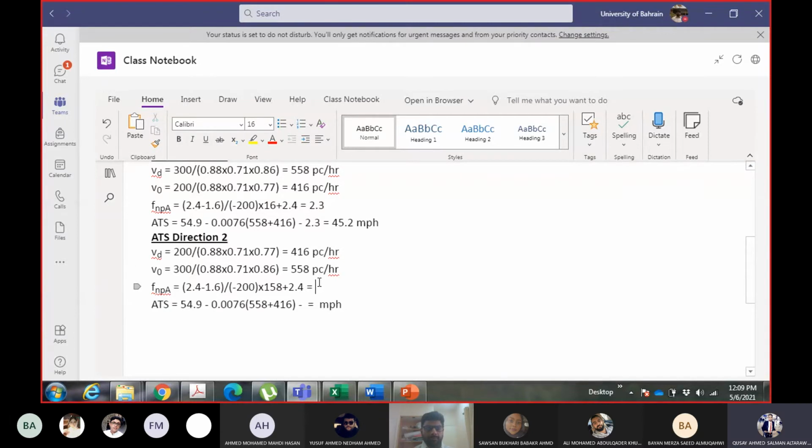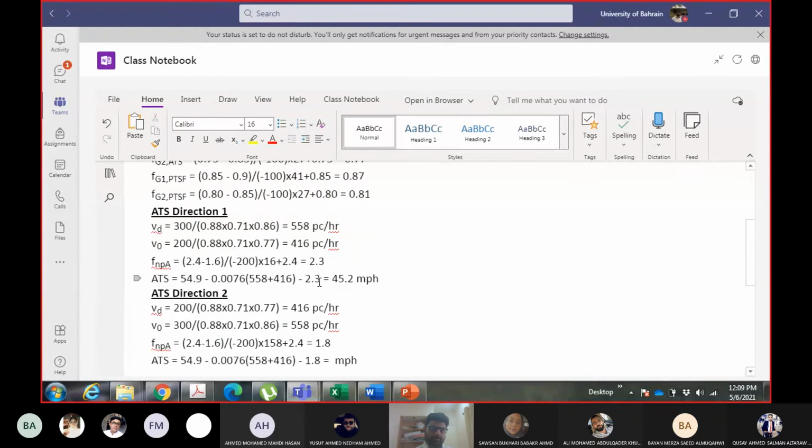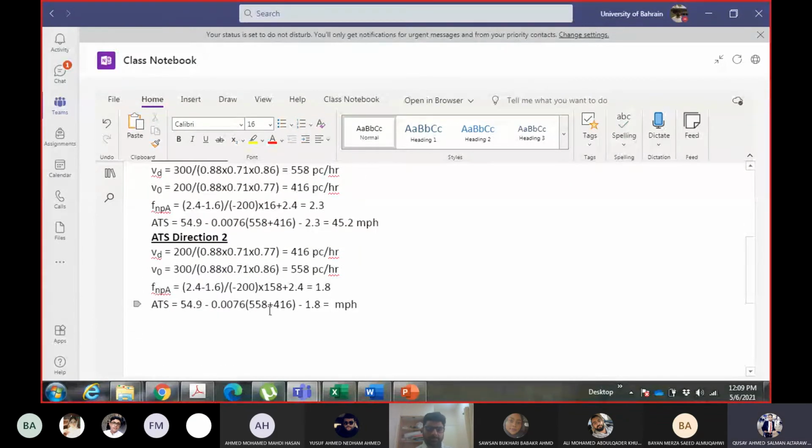1.8. Okay, then this value. 45.7. Okay. Moving on. Now I will calculate PTSF